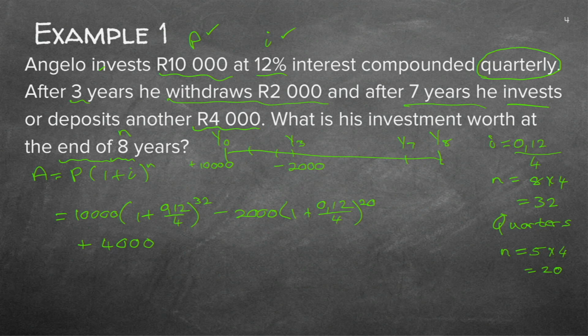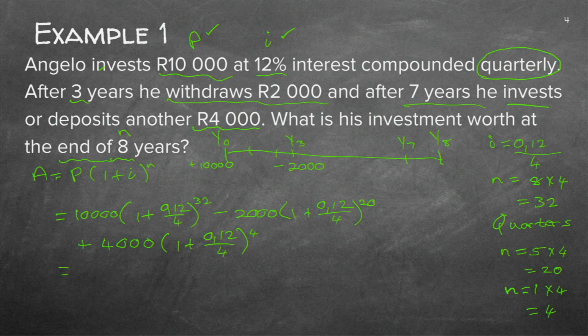Now this is going to happen in life, because you're going to get money from something, then you're going to need some money for something, going to withdraw. So if you've got an investment one day, this is going to happen in real life. So I do exactly the same formula. It's still quarters, 0.12 over 4. But now how many quarters is this one? From 7 years to 8 years is 1 year, but it's quarters. So I need to times by 4. So now it's a 4 on the end.